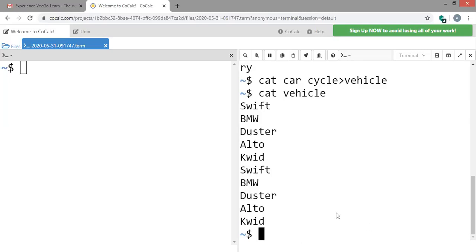So now you can see the contents of both car and cycle are consolidated together, concatenated and stored in one single file called vehicle. So this is how you perform a concatenation operation on the file. Now the next part is I have to copy the content from one file